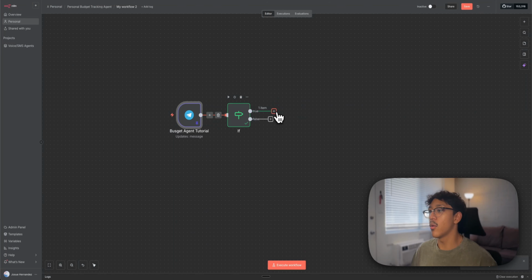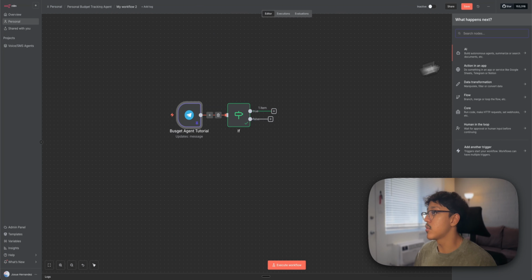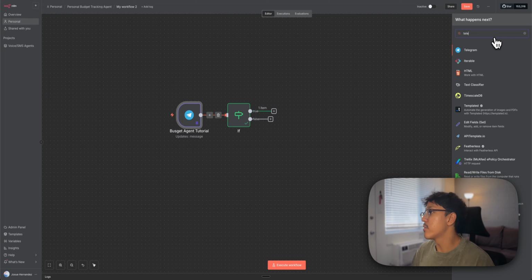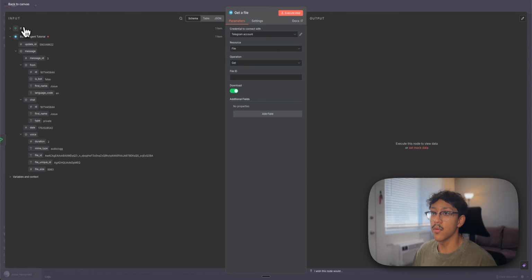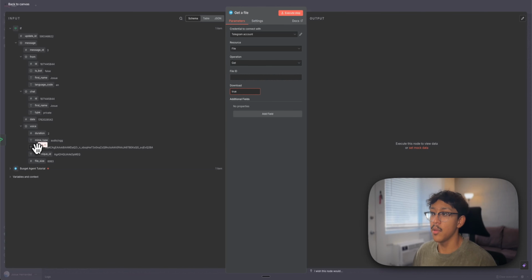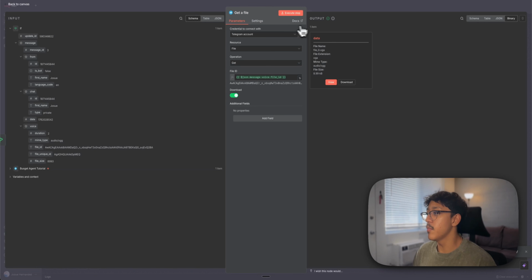So now what we want to do is go ahead and process that file or that audio. To do that, we're going to search up a Telegram node, get a file, because it comes in as a file, and we're going to map the file ID. The file ID appears in the payload. We can either map it from the if statement, or we can map it directly from the trigger. I'm just going to do it from the if statement, and it's going to download it. So if I execute the step, you can see that it comes back as a file, and if I hit view,